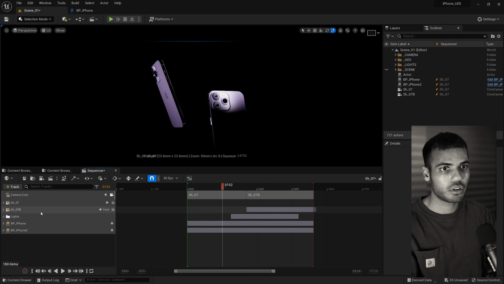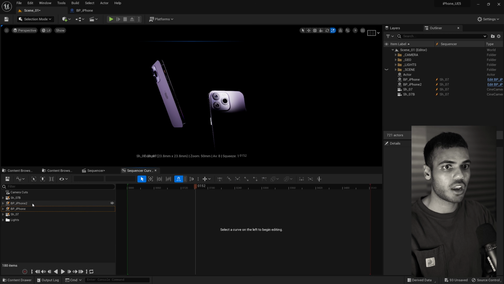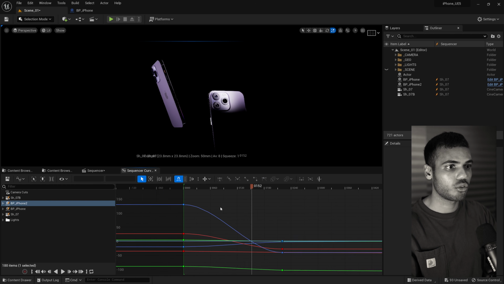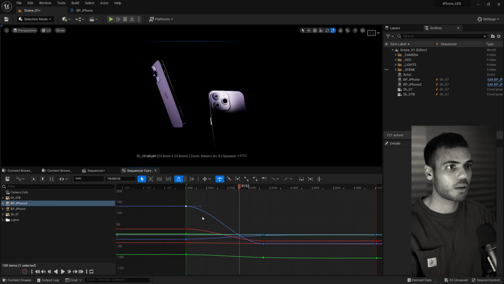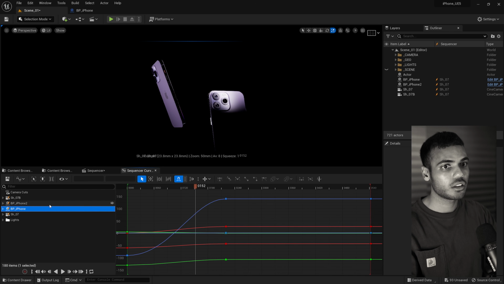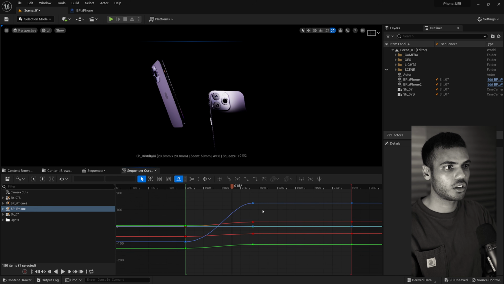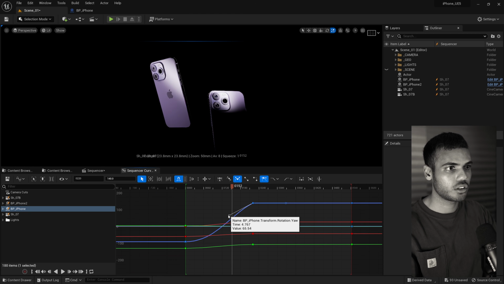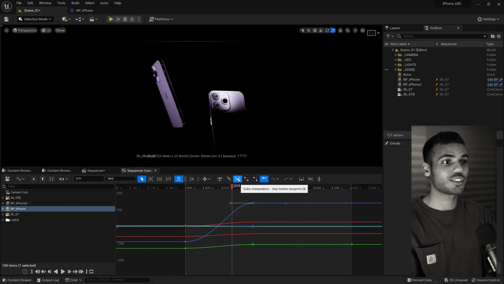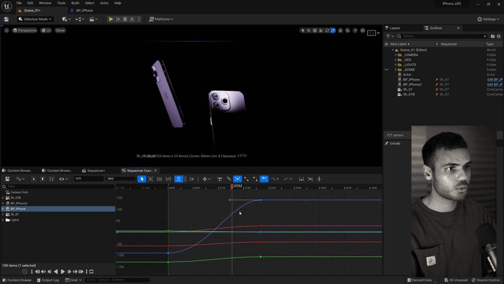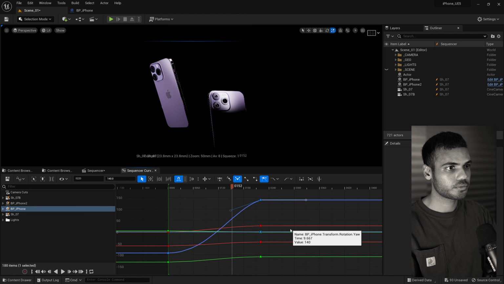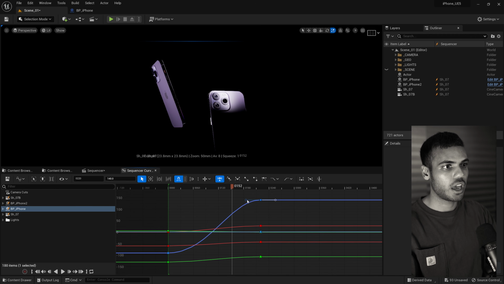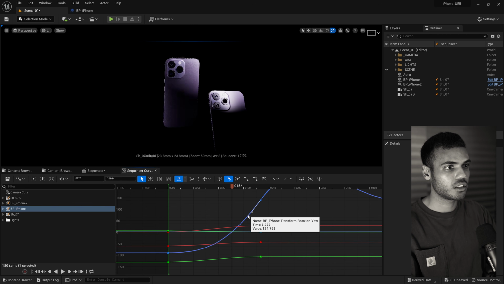I have mine open already, but if I close it, what you can do is hit this button here and it'll show everything that you've animated. And here is where you get all your curve options. So if I select this one, for example, you have auto tangents and a bunch of options here, linear, constant, and so on. And if you want control, if I do this, it changes. Oh, okay, it's on by default. I've used cubic interpolation here, which gives me broken tangents, which means I have independent control of each side, like this. Or you can use auto, and that kind of keeps everything flat as a tangent.